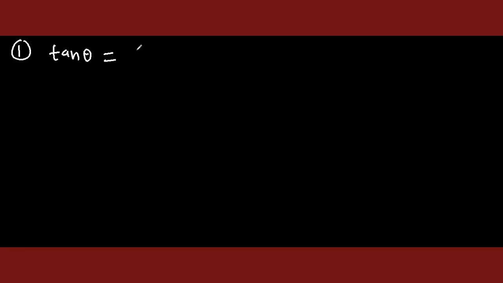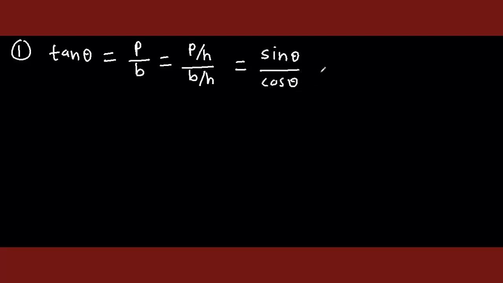Tan theta is given by P by B. So this can be written as P by H divided by B by H, and P by H is sine theta and B by H is cos theta. So we are having very important identity: sine theta divided by cos theta is equal to tan theta. Okay,